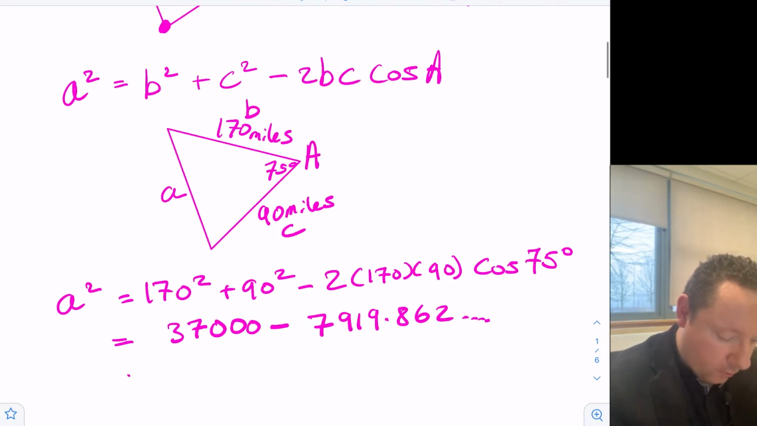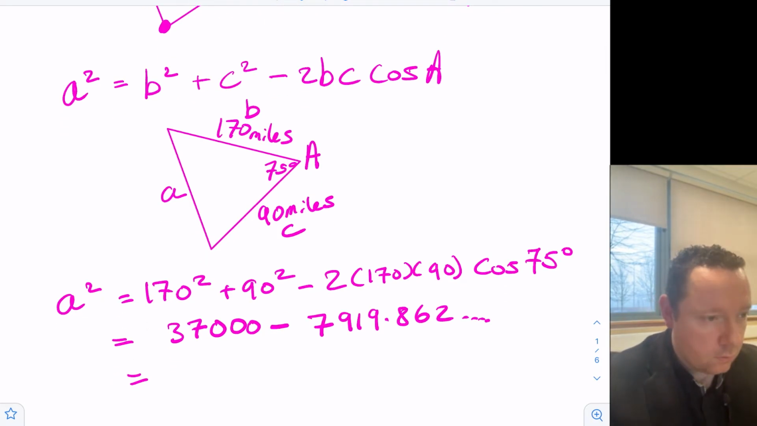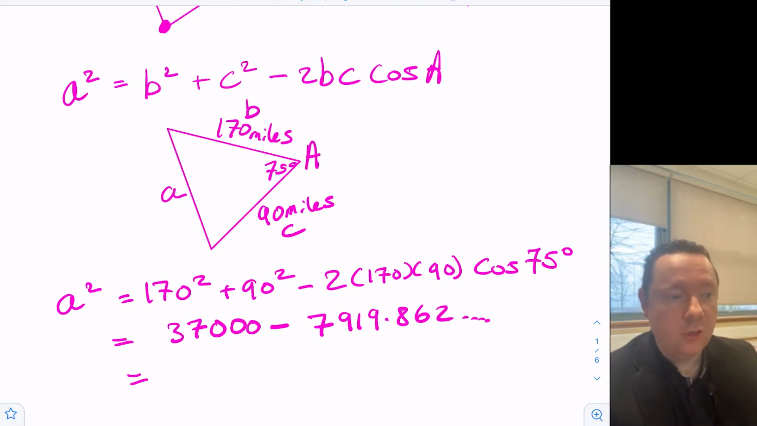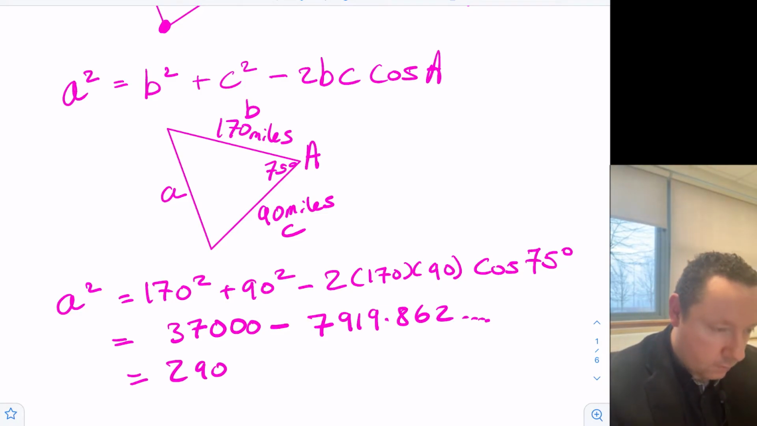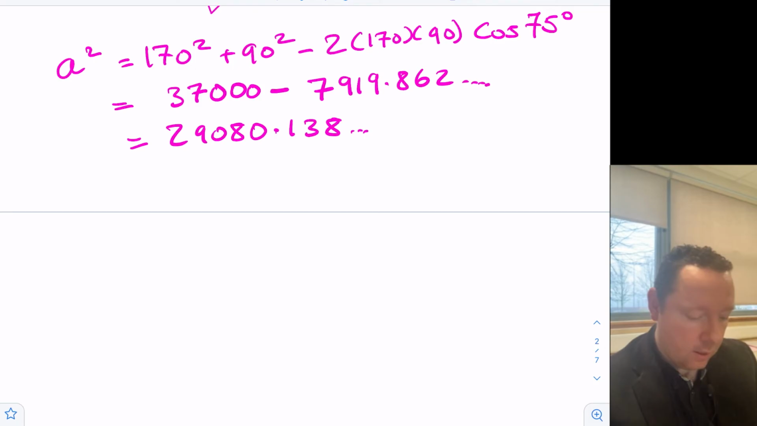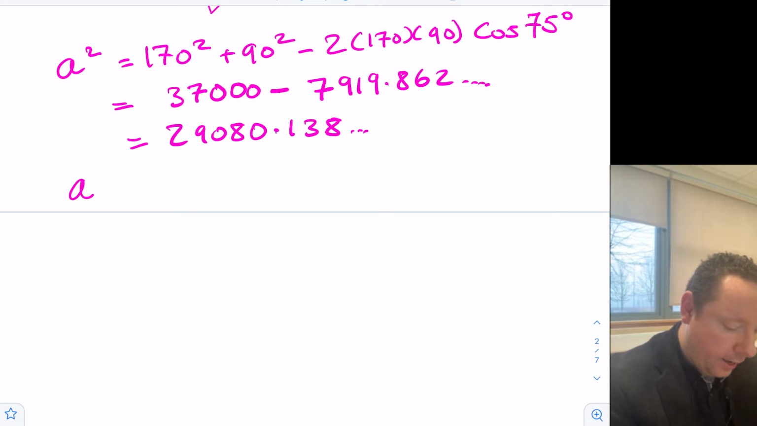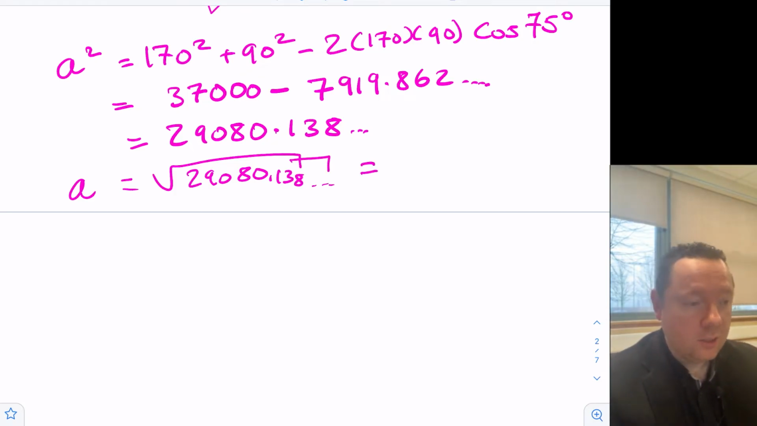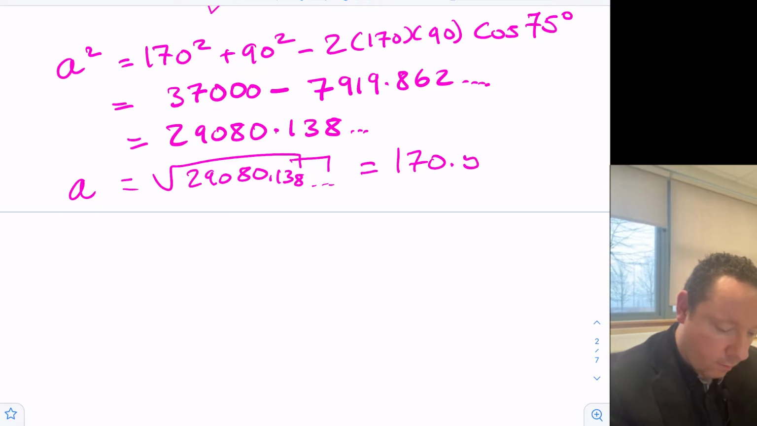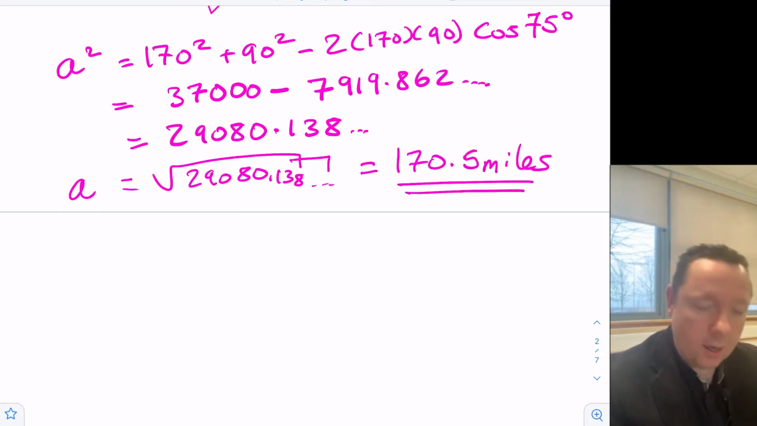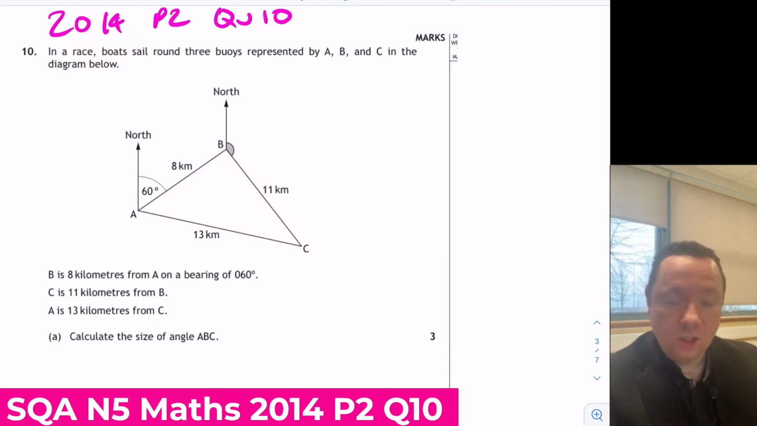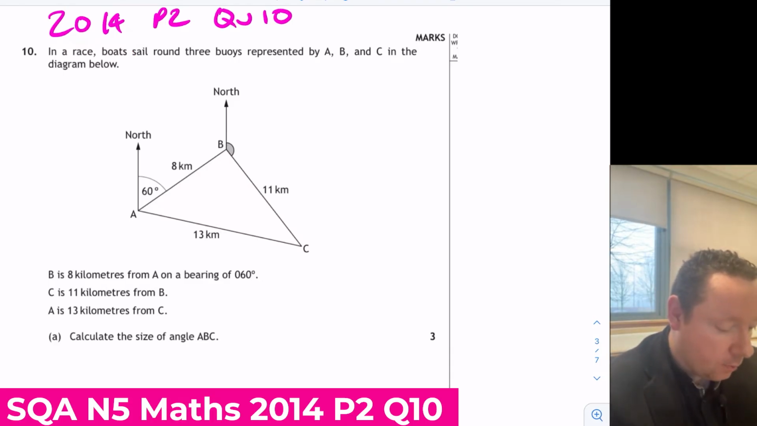Taking the two numbers away from each other in my calculator, I get 29080.138. So we can work out a is equal to the square root of 29080.138, which, if you do it in the calculator, is 170.5 miles. And we're done there. 2014, paper 2, question 10 was, in a race, boats sail around the three buoys, A,